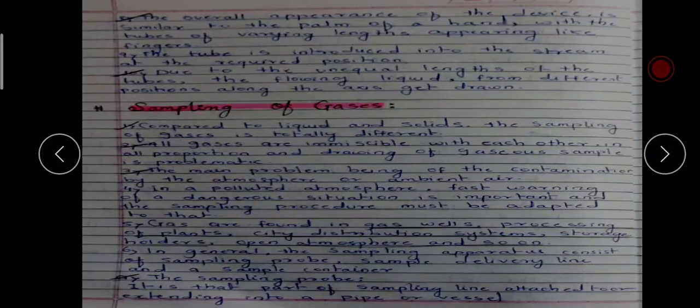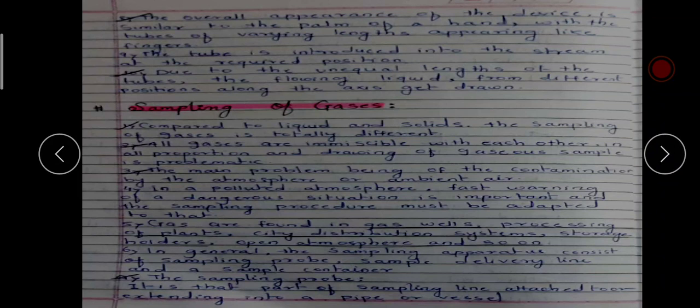Good morning, friends. Today we are going to continue with another part of Unit 1 of Analytical Chemistry. In the last two lectures, we have discussed all about sampling, the general terms involved in sampling, and how different types of material are sampled. Especially, we have seen the sampling of solids, then the sampling of liquids. Now, the third part is the sampling of gases.